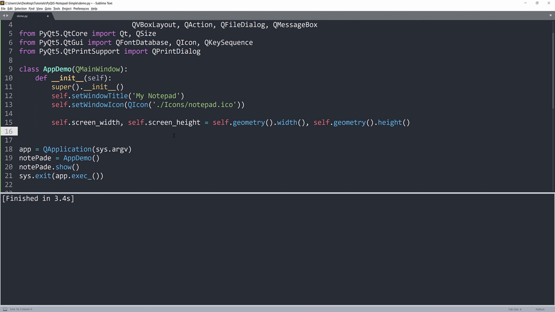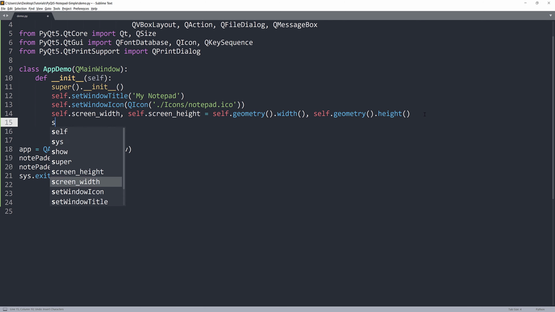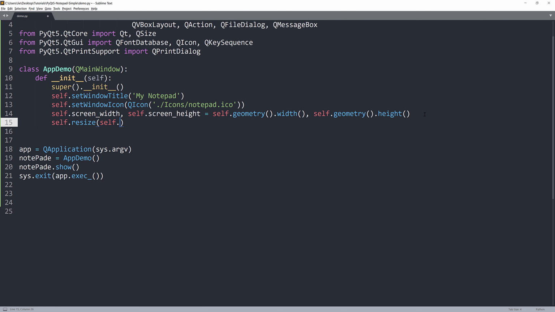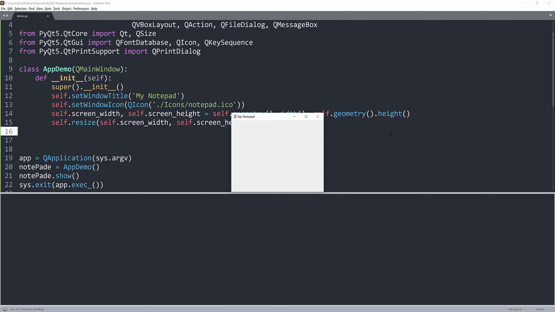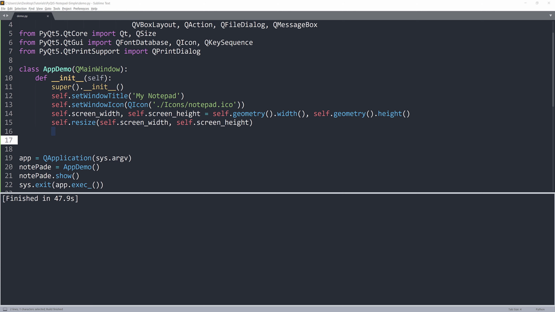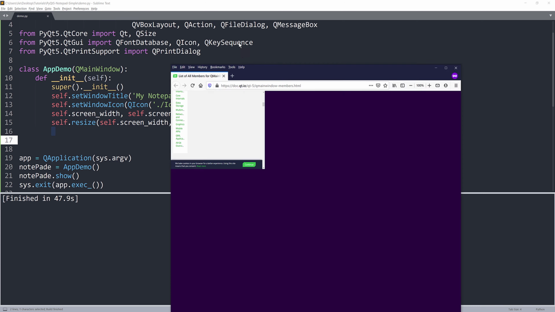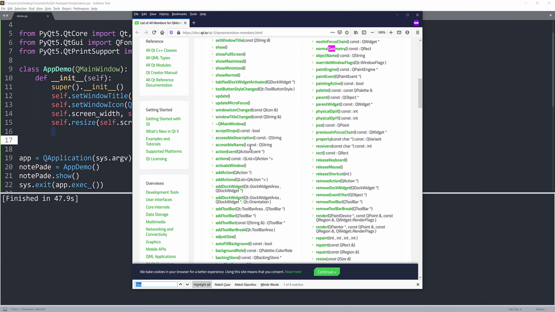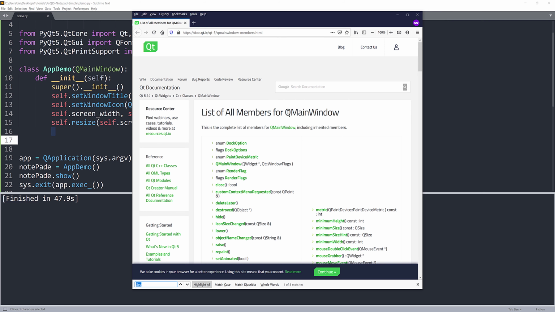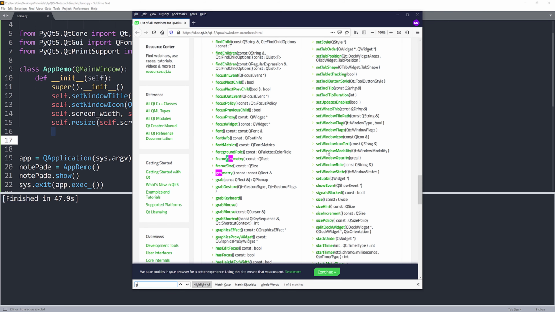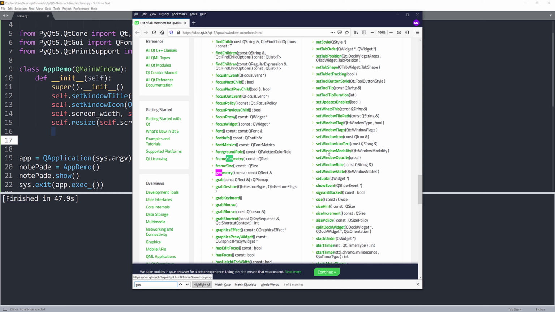So we have the screen width and the screen height. Now to resize the window, I'm going to use the resize method. I'll provide the screen width and the screen height. So if I launch the application, this is what we get so far. Let me just double check the documentation. So if I go to the QMainWindow class documentation and search for geometry,